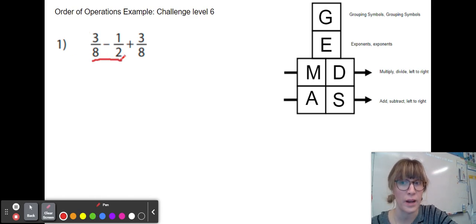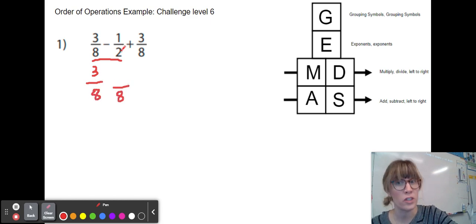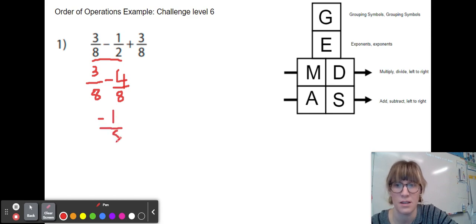What we're going to do is look for what comes first. Here we have, left to right, some subtraction: 3/8 minus 1/2. We're going to want to make a common denominator. We have 8 as our common denominator. We did 2 times 4 to get there, so we have 4/8. We run into a pickle because we have 3/8 minus 4/8, so we basically end up in negative land. So 3 minus 4 is